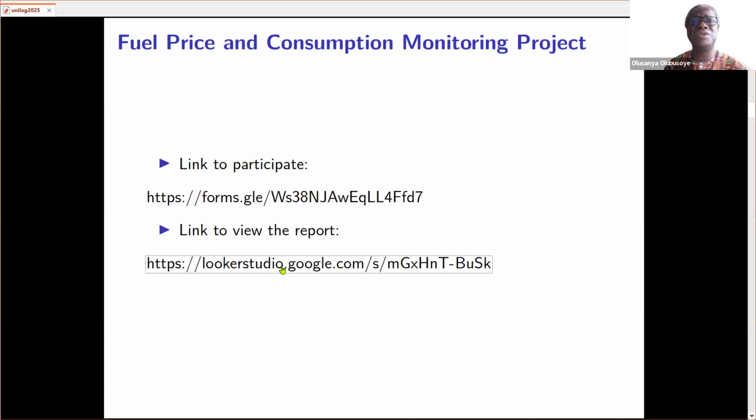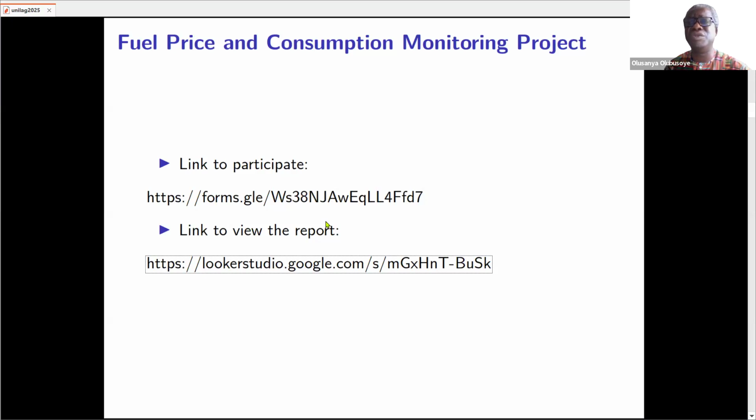Then, of course, you can also have a look at the Looker Studio dashboard, which I created, which you also will learn how to create, hopefully. This dashboard summarizes or visualizes the information provided.